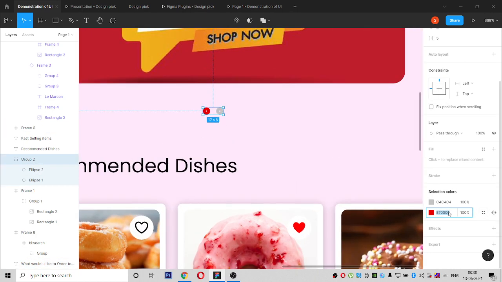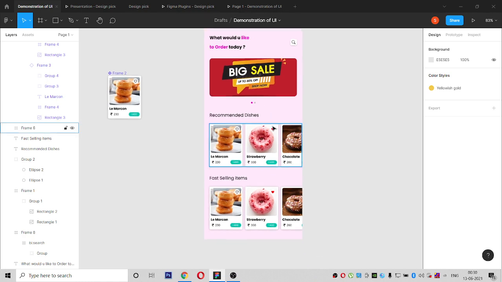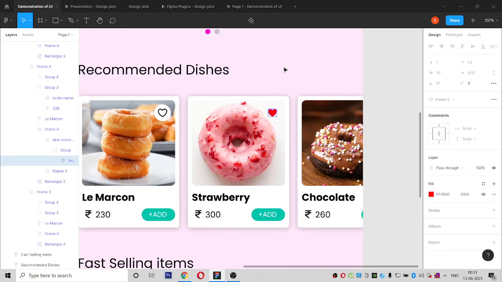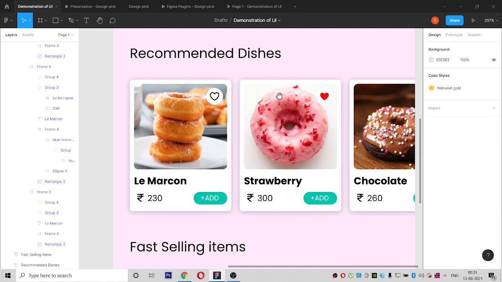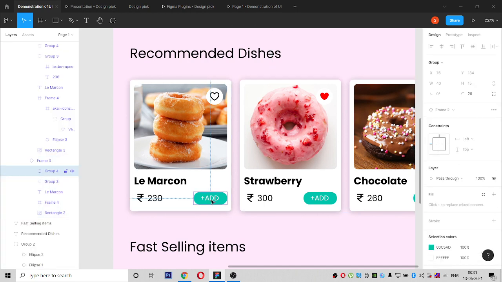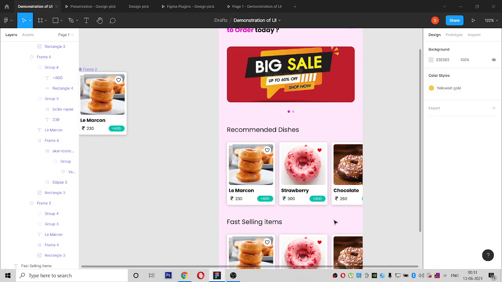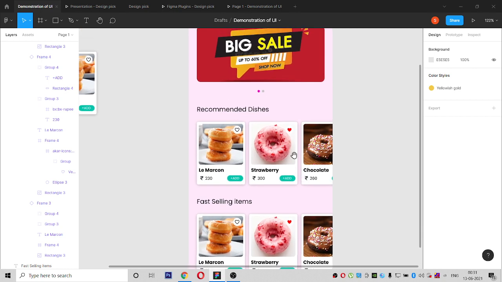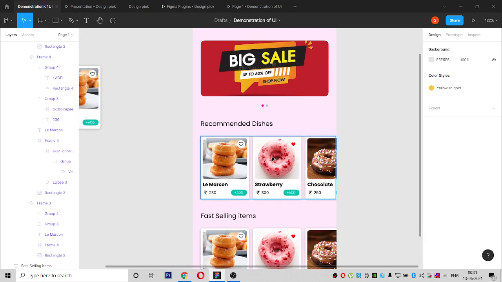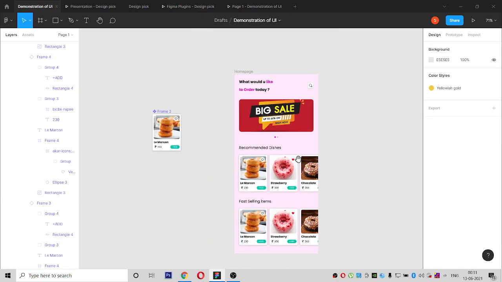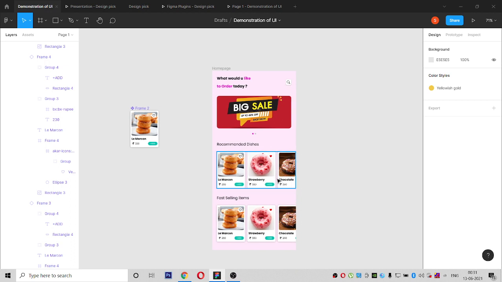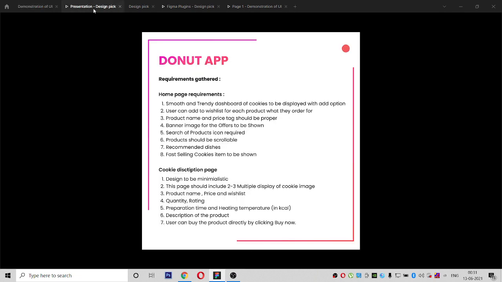So the wish list, if it is red only, will look good, and the add button also looks good for this color. As I said before, it should be matching. If this is not matching this pink, it will look odd. Successfully we have completed the home page according to the requirements gathered.